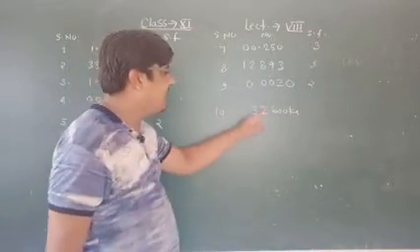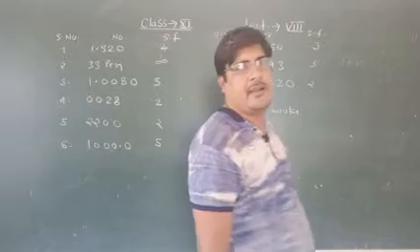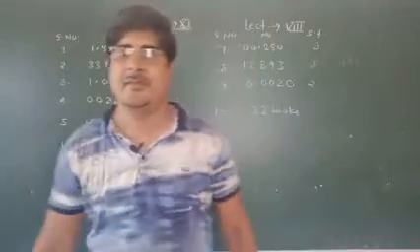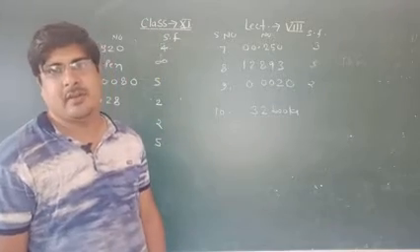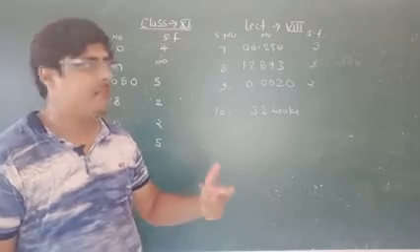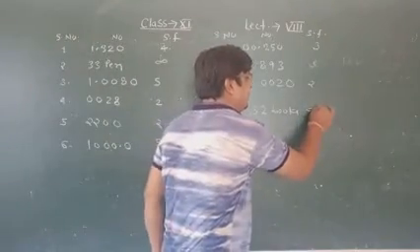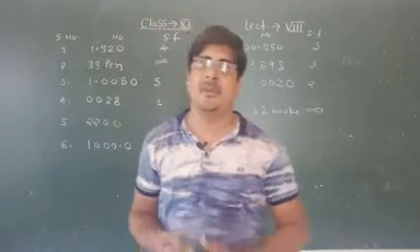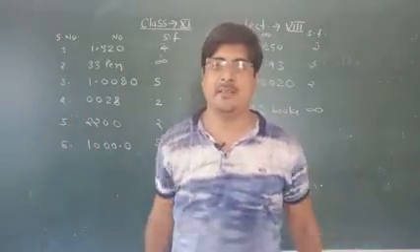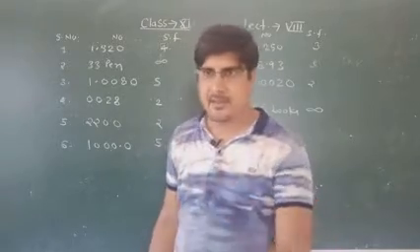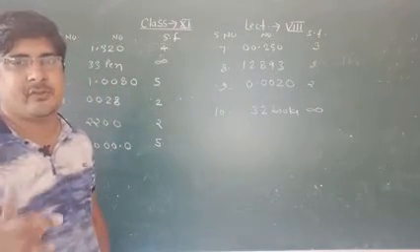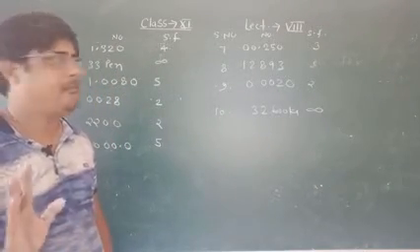Okay, 32 books. 32 books is the counting of books. So in a counting number, there will be infinite significant figures. So your result will be here infinite. Okay, so match the answers and announce the result. You will message me from your WhatsApp how many marks you scored. Okay, you will message me.